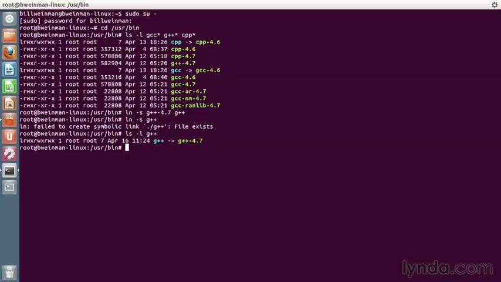Now I need to do the same thing for the ones that are already linked, which means that I need to delete them first. So I'm going to type rm, which is the Unix command for delete. It's short for remove, and both cpp and gcc. That will remove those two files that you see highlighted there that are the symbolic links to the old 4.6 versions. And now I'm going to create new links, ln -s